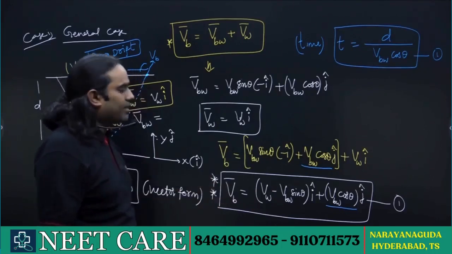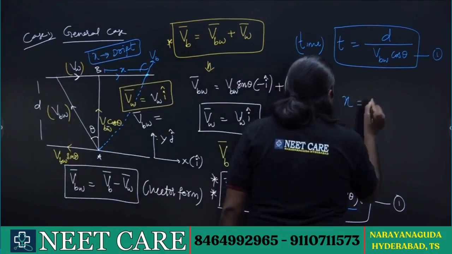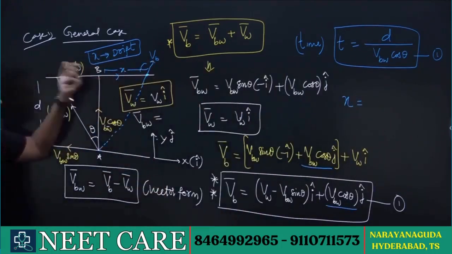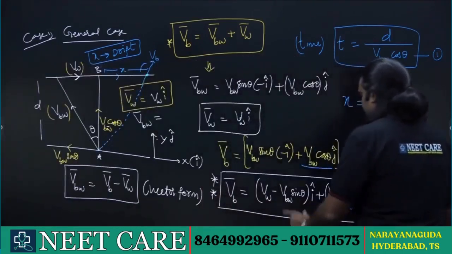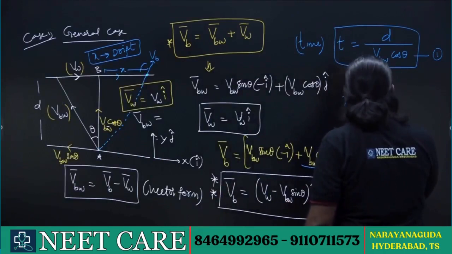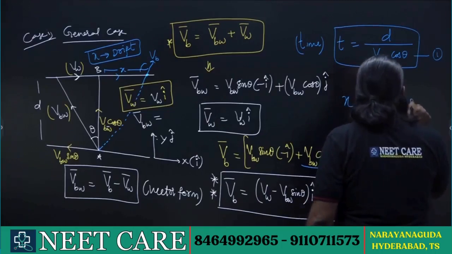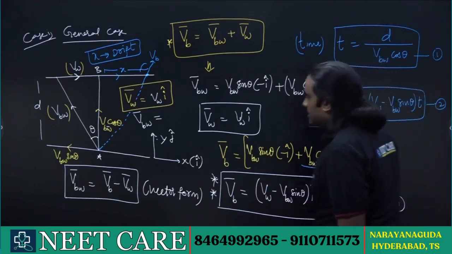From this only you can conclude. And again the lateral displacement x is equal to, here, what is x? This is BC. This would be the x, and x can be written as VW minus VBW sin theta into this time. This is the second observation. These two are very important. So in the general case,